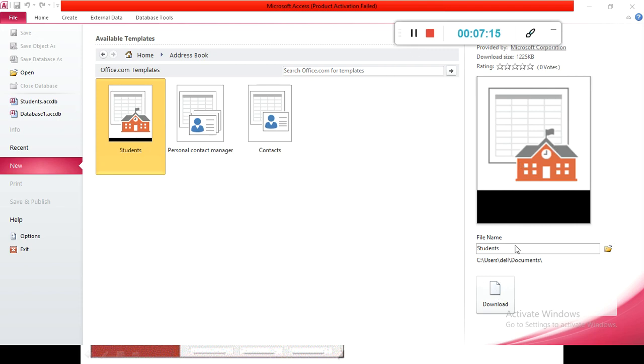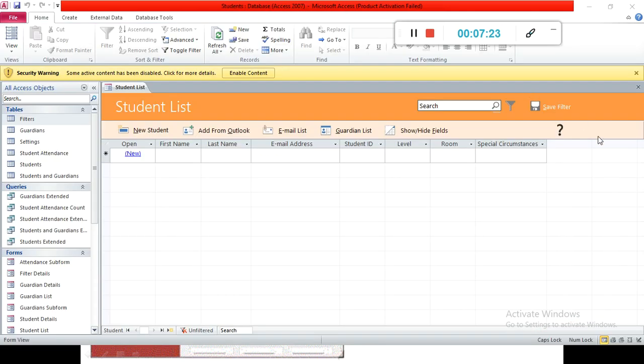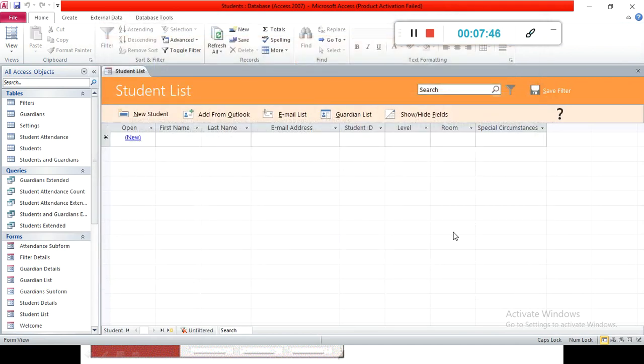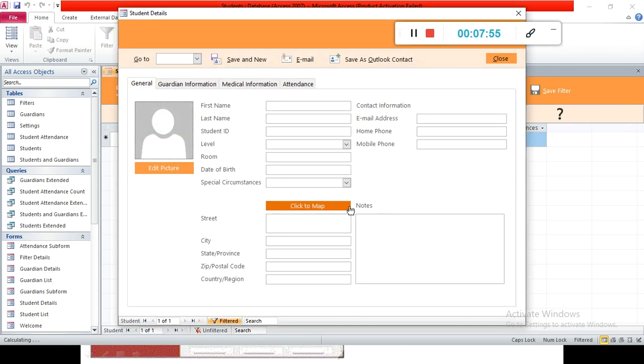After giving the file name and the destination where we want to save the file, we press the create button and this window appears. See, here a security warning comes that asks us to hide the warning and enable the macros in the templates. We have to click Enable Content, and then we get this window, and we can work here according to our wish, the way we want.